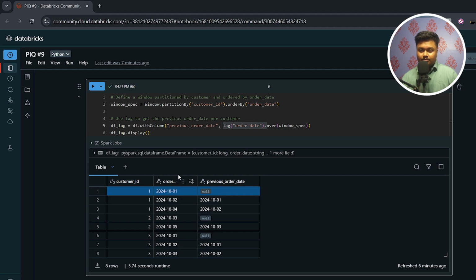Because there was no row before the first row, null was returned. If I talk about this second row, there is a row before it which has the order date value equal to 2024-10-01. So this value is placed into a new column, previous order date,